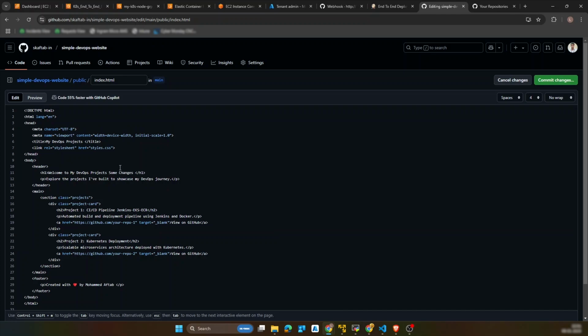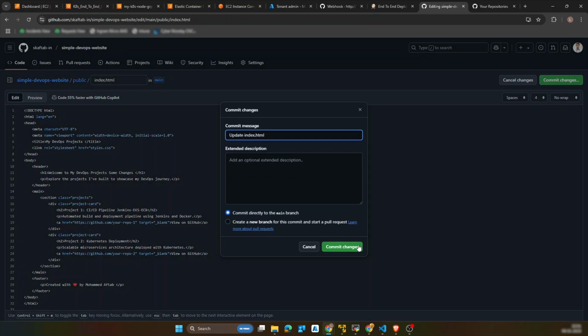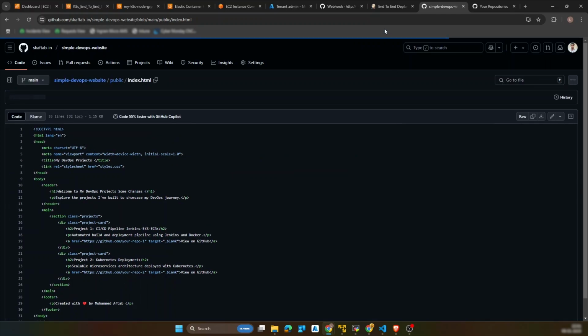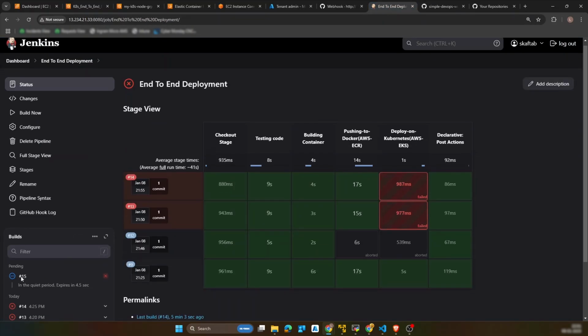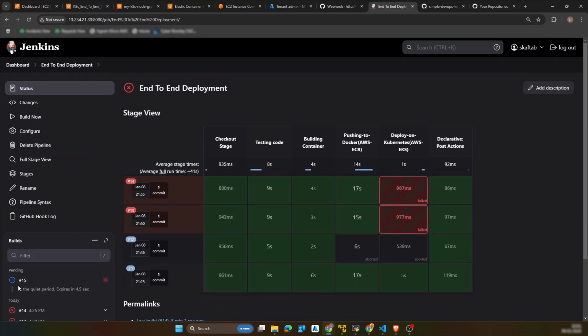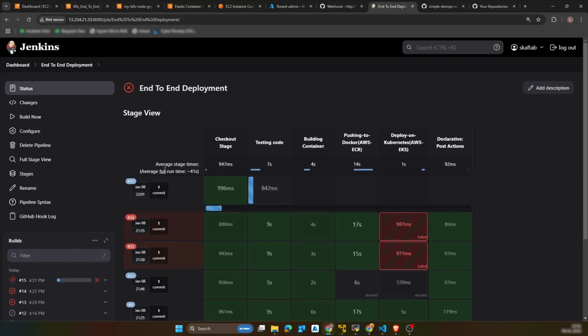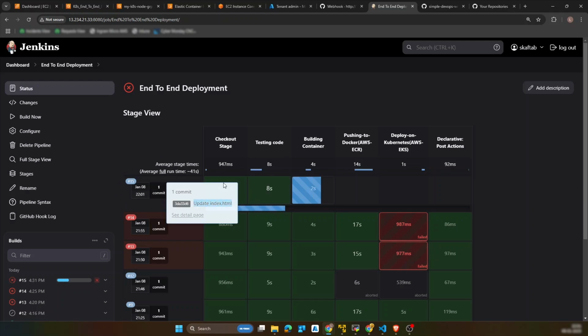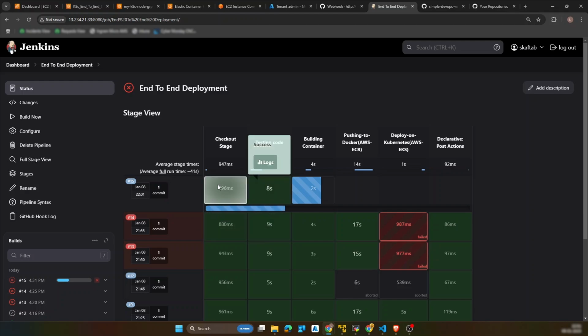Here I have made some changes. You could see that, and now I'm going to make the commit. And again, our pipeline is triggered. The pipeline is triggered by webhook. So whenever there are changes, GitHub makes a call to the Jenkins server, and it would reflect here. Now you could see that this pipeline is automated, and it got a new trigger,